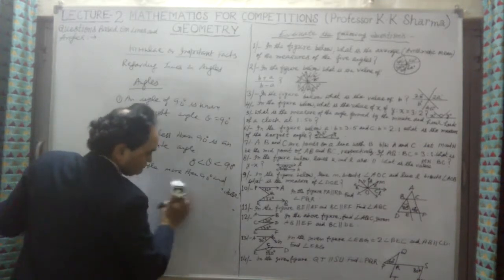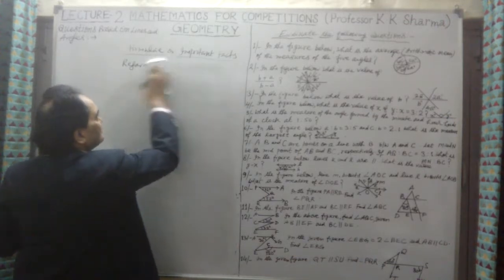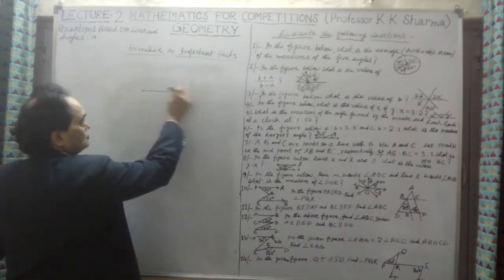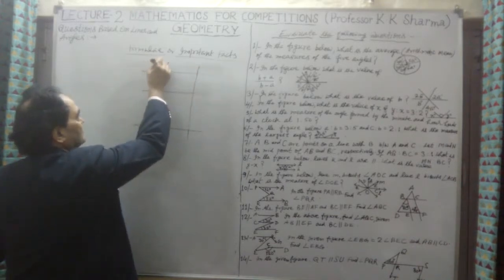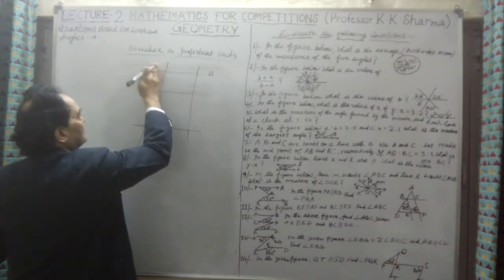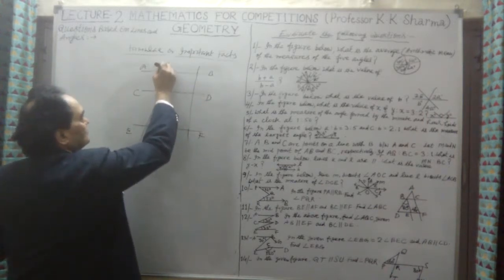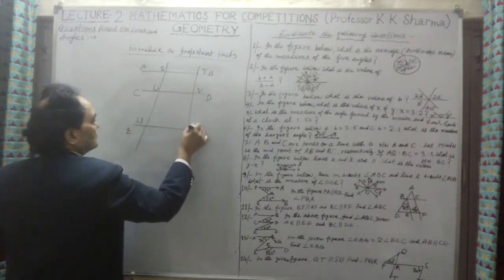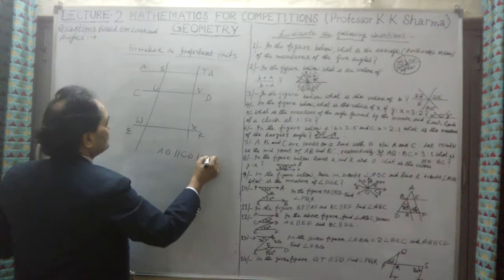Okay, now let us take questions. All these things are based on parallel lines, alternate angles, etc. We know that if parallel lines are intersected, let me take 3 parallel lines here, AB, CD, EF, and let me take the points S, T, U, V, W, and X. If line AB is parallel to CD is parallel to EF,